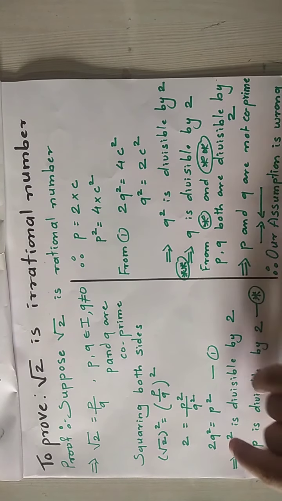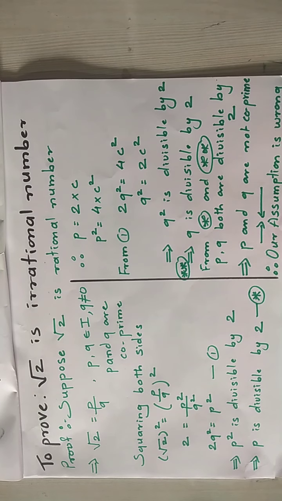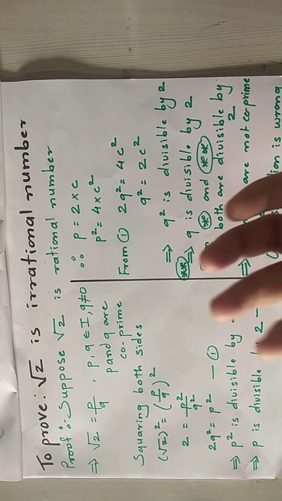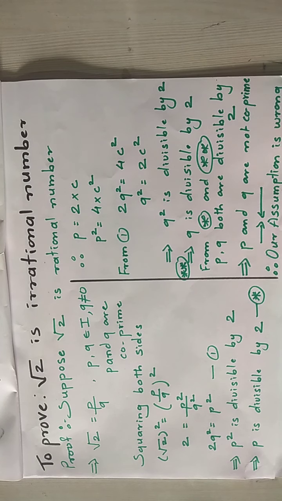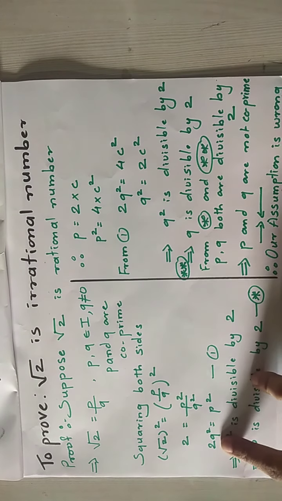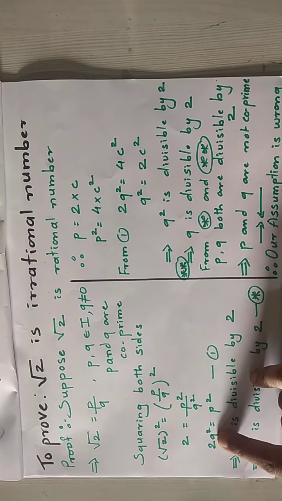Now, we know very well that whenever a number is divisible by, for example, say 2. If I say 8 is divisible by 2, that means 8 goes in the table of 2. So you can write 2 4s are 8. That means 2 into 4 equal to 8. Let's take one more example. 27 is divisible by 3. That means 27 goes in the table of 3. That means 3 into 9 is 27. 3 9s are 27. So same step if you assume here, 2 into q square is p square.